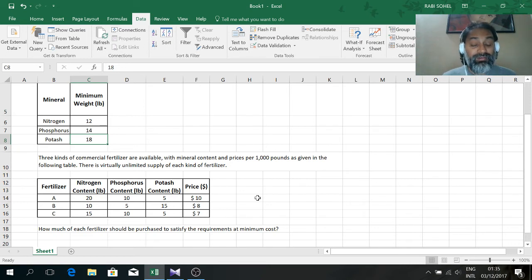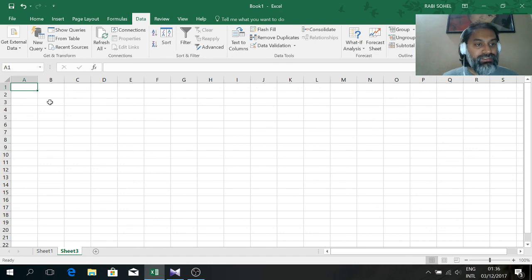What is the decision? What does the decision variable bar usually contain? It will contain the decisions that you make. In this case, what is the decision you have to make? Think about it. It's the quantity of each of these fertilizers that you're going to order. You're not quite sure what quantity you need to order for each of these fertilizers, so this is something you need to figure out. So let's see whether we can do it in Excel. Of course we can, but let me show you the procedure. So, the decision variable, let's